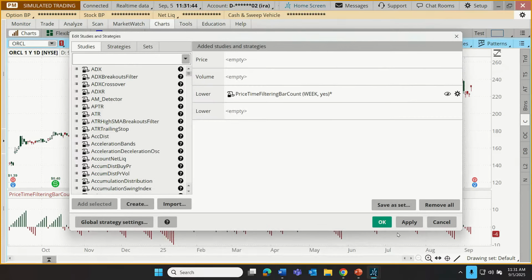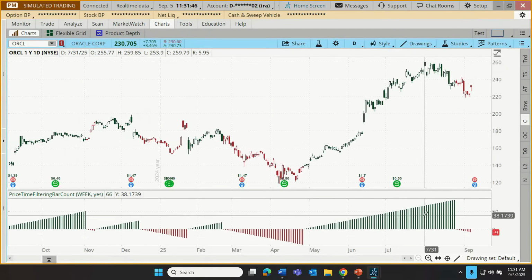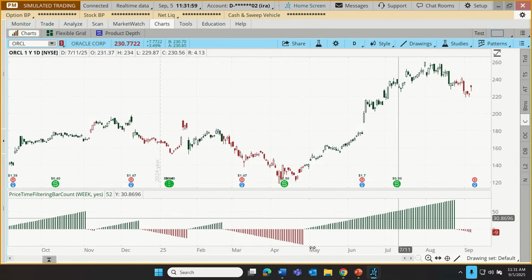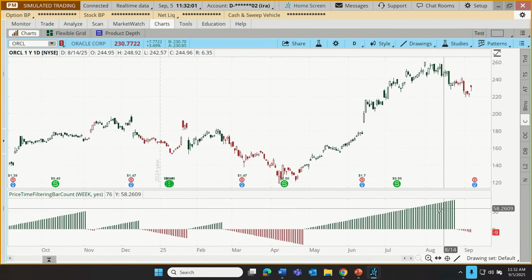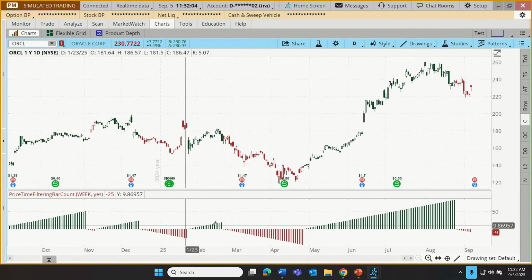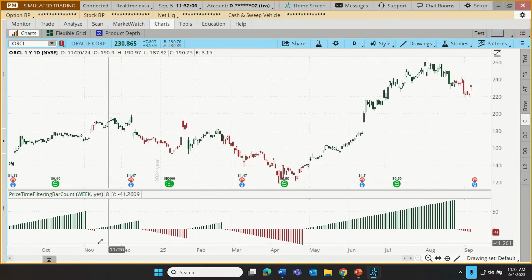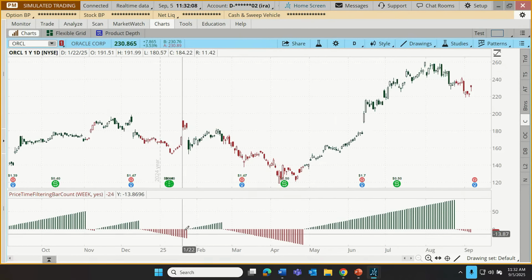Click OK, click apply. And now the trader has identified how they're going to be hopefully spotting trends. How do we plan trades within those trends? They're not very long trends, right? If we're using even that weekly view, you'll notice we've gotten a number of trend reversals just over the last 12 months. How many total reversals? 1, 2, 3, 4, 5, 6, 7.